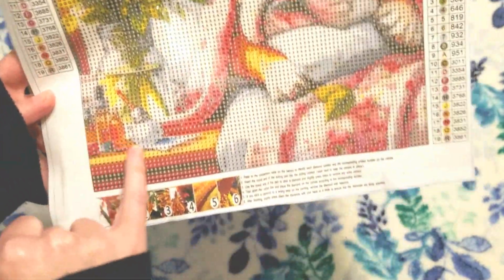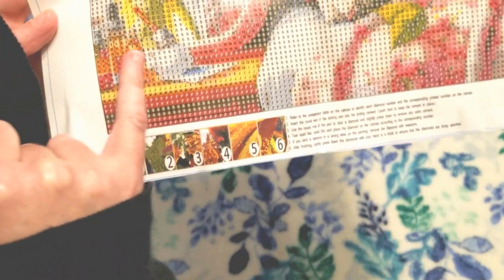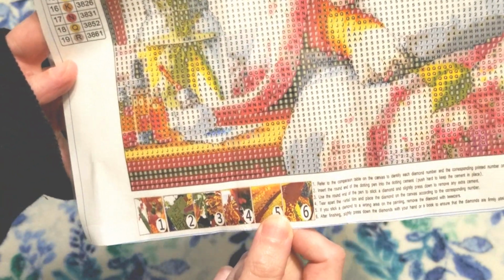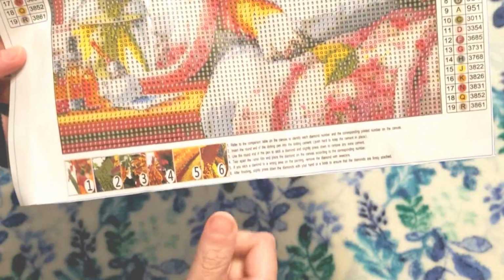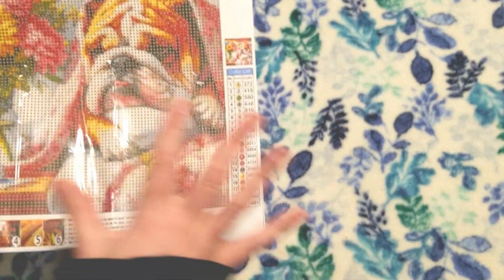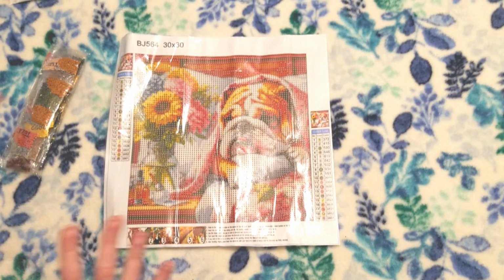There's a few little things down on the table here. Looks like he's maybe fighting a cold or something, because this looks like a little medicine bottle or something going on over here, and maybe some, like, I don't know, cosmetics or something over there. You might lose some of that stuff. That might be a little too small. I don't know. We'll see when it drills out if it comes out all right. But overall, I mean, the dog will come out fine, the flowers will come out fine, and that's pretty much what I was going for. But yeah, I was just drawn to this one because,